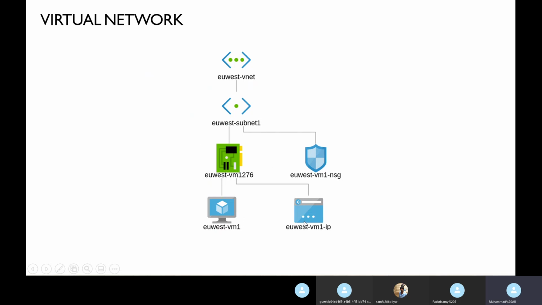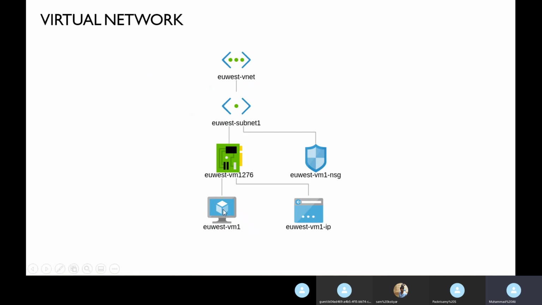This is your VM, and you have a VM public IP, and also a private IP. Ethernet in the sense that you are connecting to the virtual network. Inside the VNet you can create multiple subnets. You can create a 10.51.2 series, 3 dot series, multiple subnets.